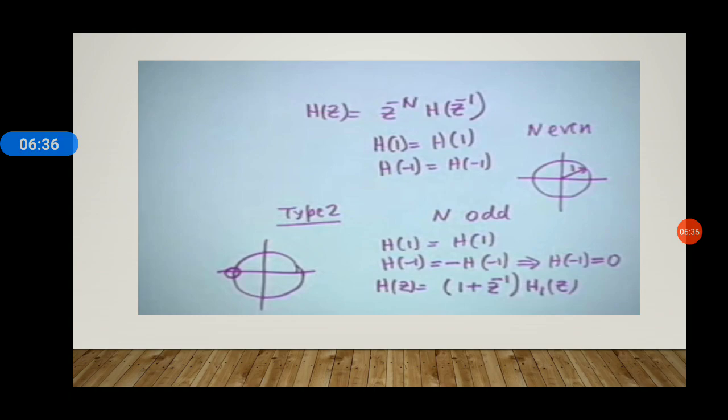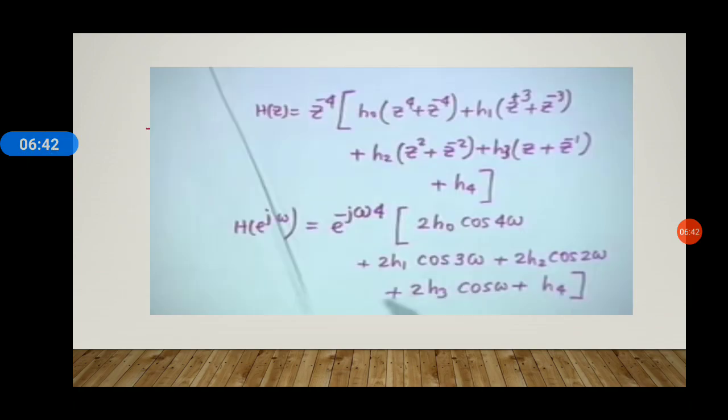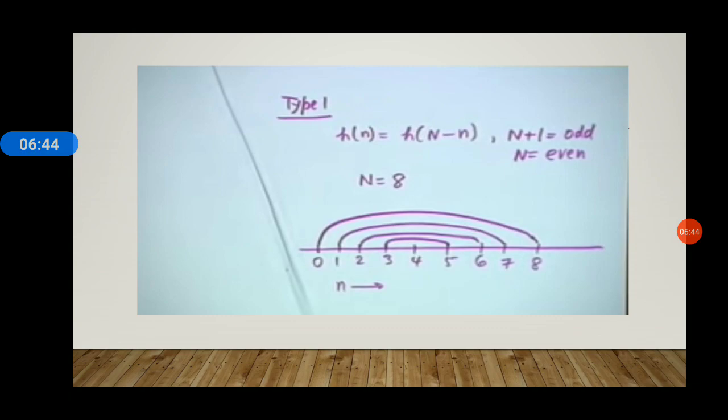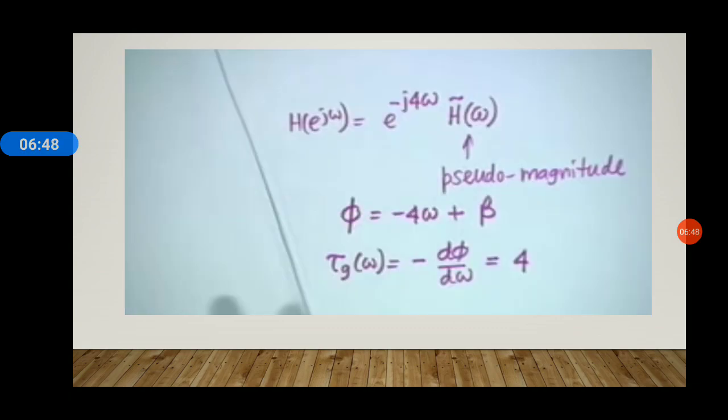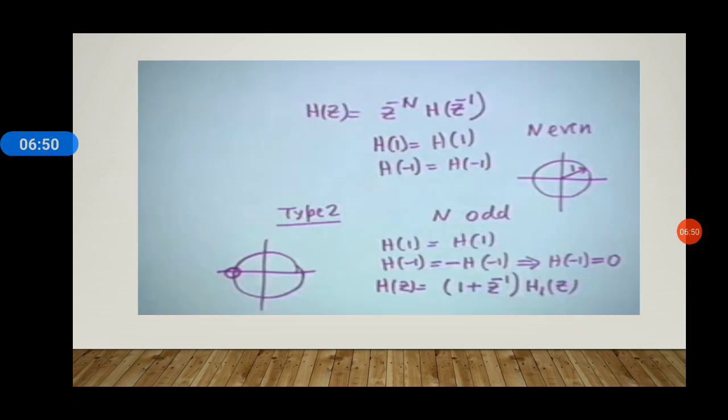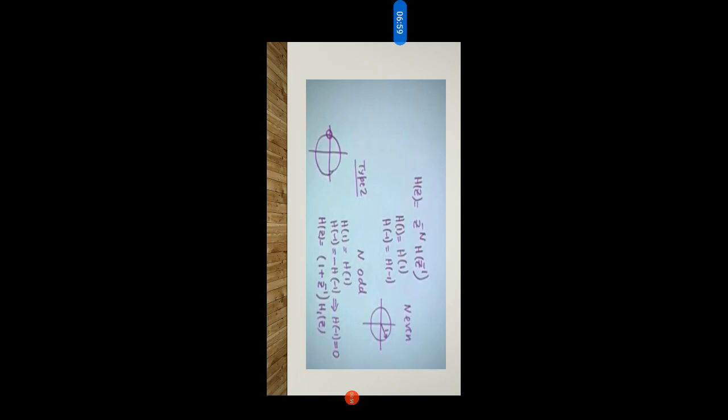Now from here, if we take the Z transform on both sides of the first equation from where we started, what we get is H(z) equal to z to the power minus N h of z inverse. So here, as N is even, if we take z as 1, what we get is